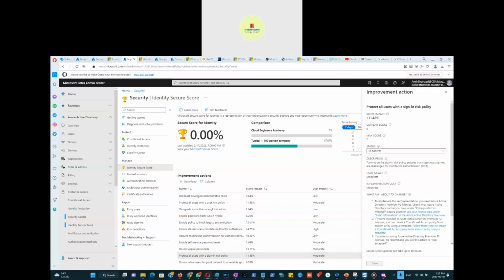Protect all users with a sign-in risk policy. To implement this recommendation, you need an Azure Active Directory Premium 2 license. Check what Azure Active Directory license you have, user prerequisite, and see your license type. If you've invested in an Azure Active Directory Premium 2 license, you can create a conditional access policy from scratch or by